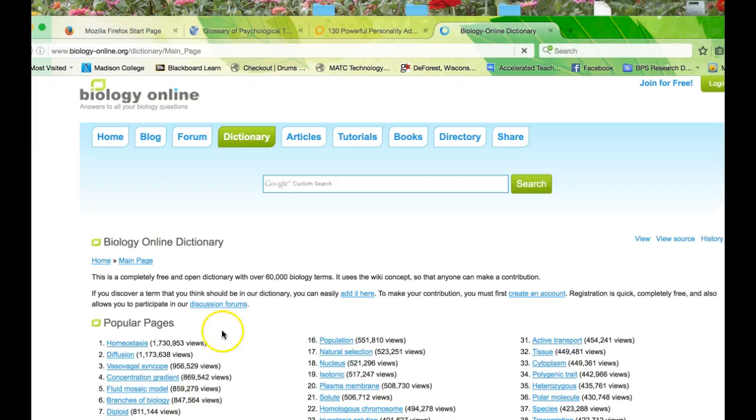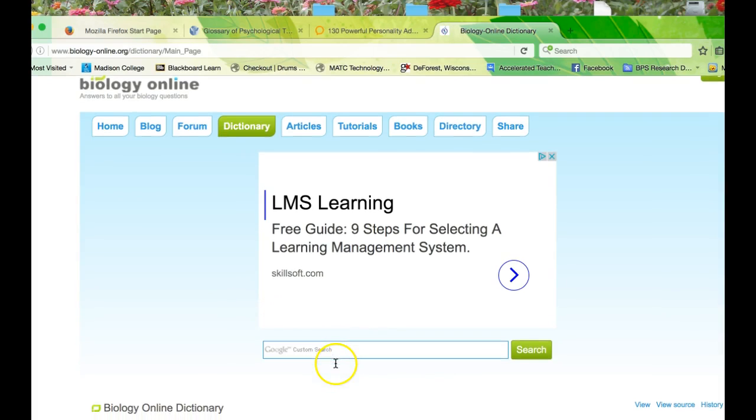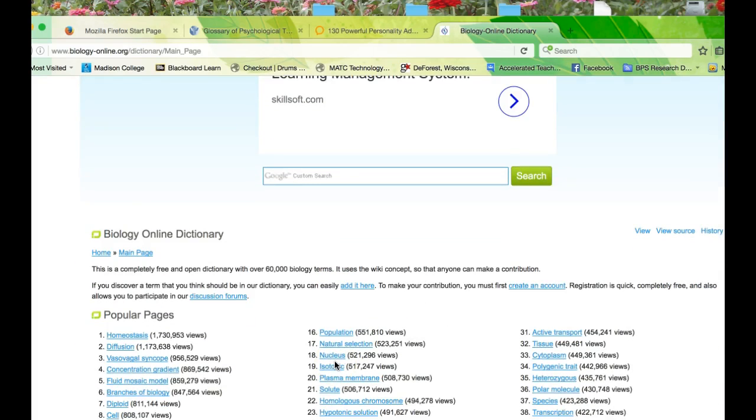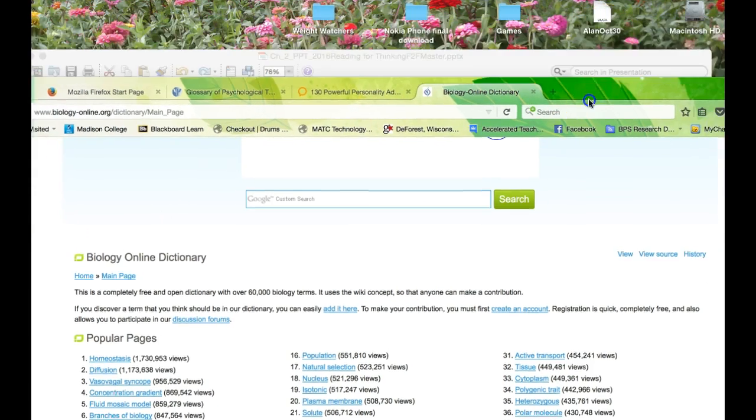Here's an example of a biology online dictionary where you can type in any word that you might want to know and find the answer for it. They also have words broken down into different categories so that you can see all the vocabulary terms that are associated with each of the areas. This is a really helpful tool for us as we look through,